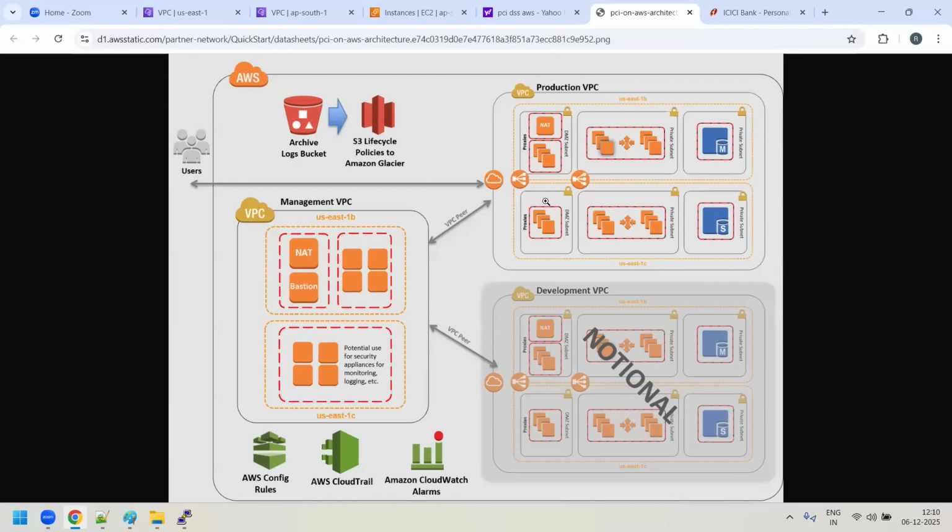Yeah, there are some solutions. One is a transit gateway. You can use a transit gateway to communicate between two different VPCs. In that case, you don't have to do the VPC peering. So how to do that? We will see it later, not now. When we come to the transit gateway, we will see how we can communicate between two different VPCs with the help of a transit gateway.